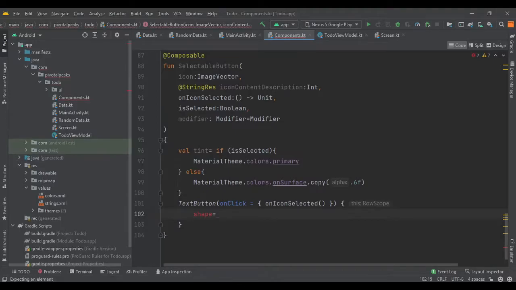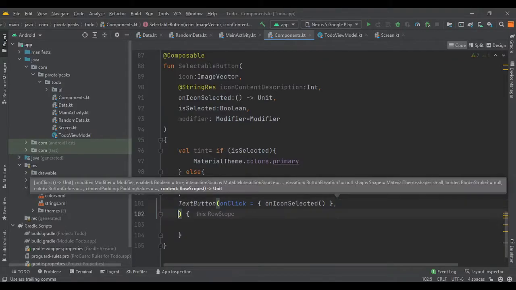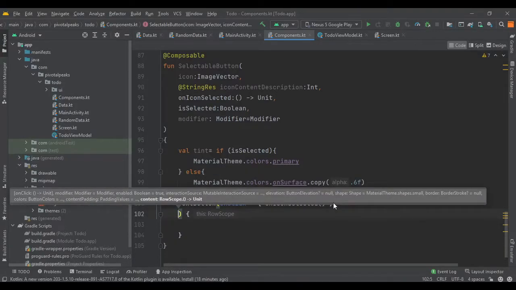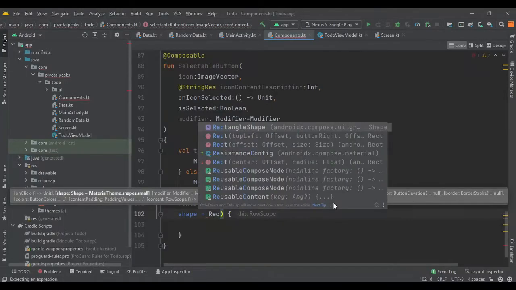Something that I missed, onClick. Okay, we need to put a comma here, and then let's provide the shape, and let's give it a rectangular shape.